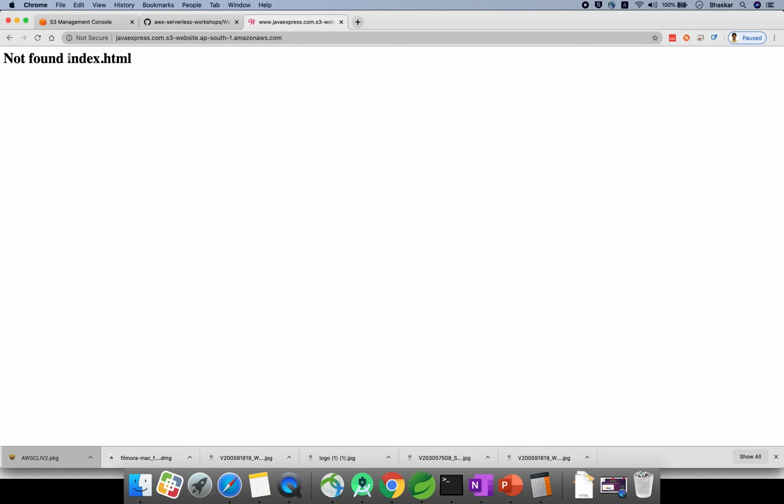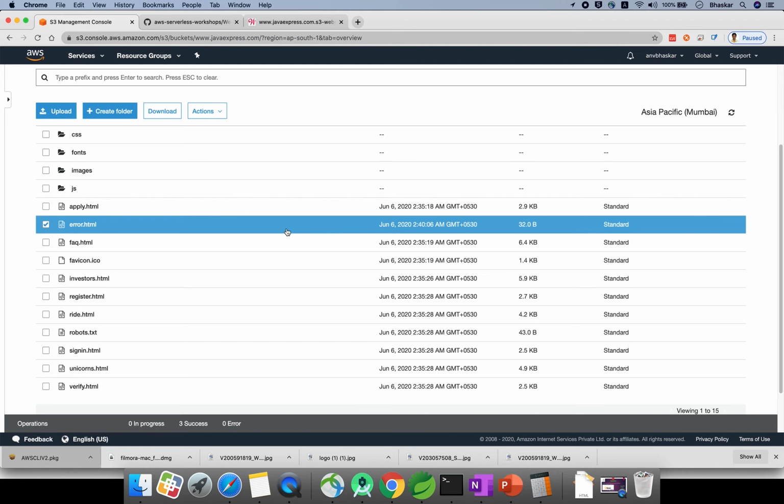Whenever error.html is there, Amazon S3 navigates to /error.html. It will take care of these two pages by default. That's why it is showing not found index.html. So this is the way you can deploy a static website in an S3 bucket.